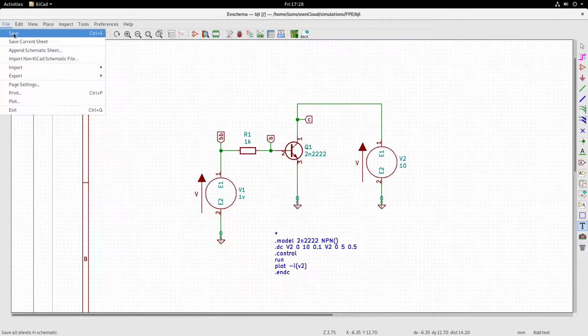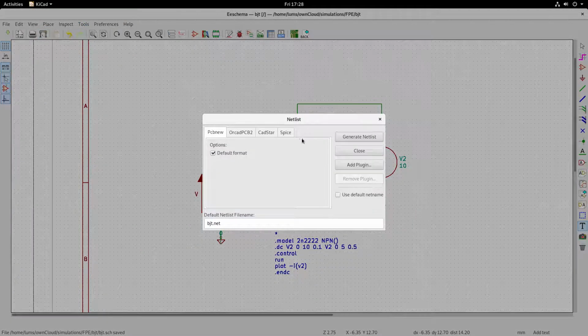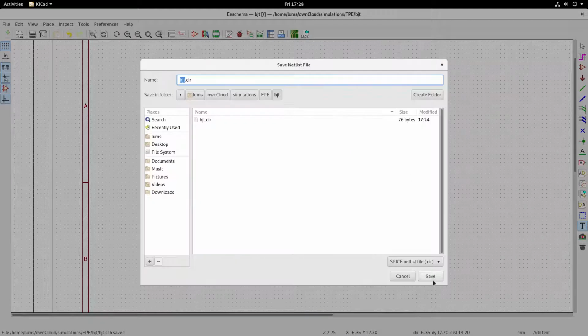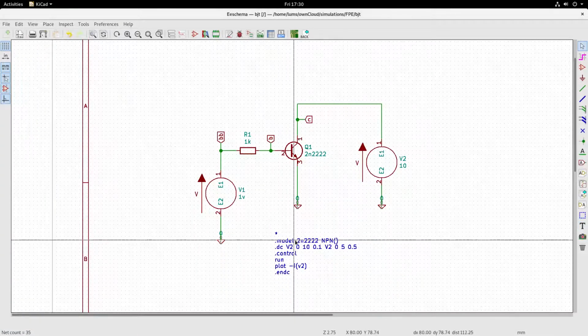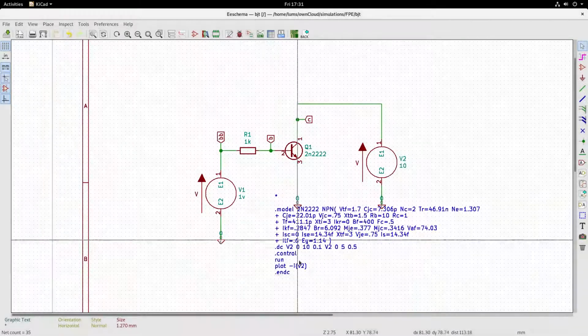Let me save this. Let me again generate the netlist, SPICE netlist, generate, and save it into bjt.cir. So let me go back to the schematic, and now I would like to enter the model for 2N2222. I have obtained it from the net, so I have pasted it, and it looks like this.